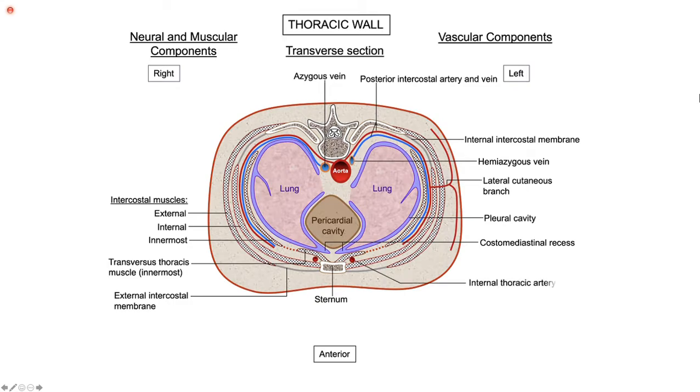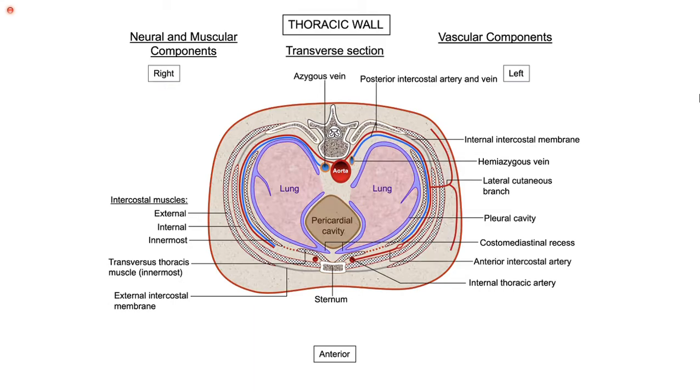So this is my internal thoracic artery, and you can see that it's giving two branches on both the sides, and they anastomose. The anterior intercostal arteries anastomose with the posterior intercostal arteries. Anterior intercostal arteries are small and posterior intercostal arteries are big, and they have high pressure because they are emerging from aorta and they are just emerging from internal thoracic. So comparatively, the pressure is low here. Pressure is very high here comparatively.